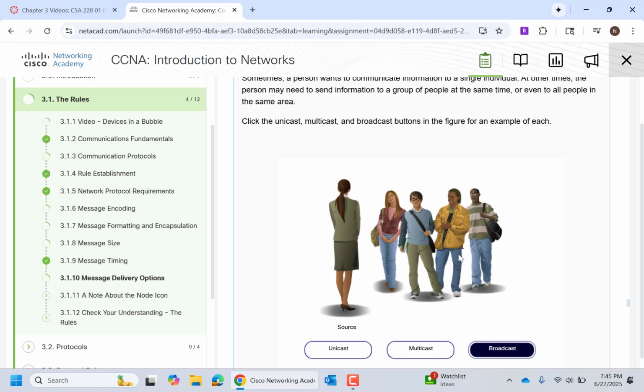So in this case, she's talking to everybody in the room, and computers do that as well. Some examples of broadcast traffic is DHCP. DHCP traffic is when your computer gets an IP address. We'll learn more about IP addresses later, but an IP address is required to be unique on the network, so you can have traffic delivered to it. When you ask for an IP address to get put on a network, that is a broadcast message. So you essentially yell out on the network, or you yell to everybody, "Hey, is there anybody out there that can give me an IP address?" I'm making this example up, but that's essentially how it works.